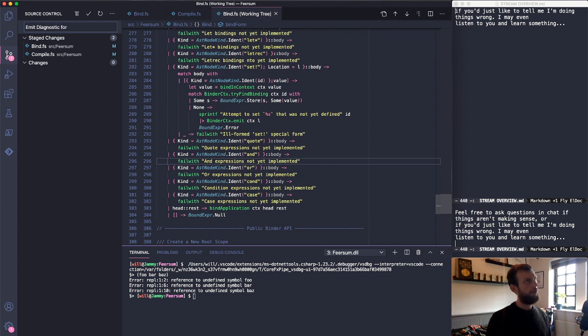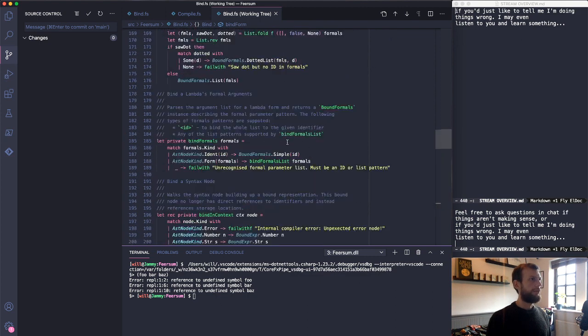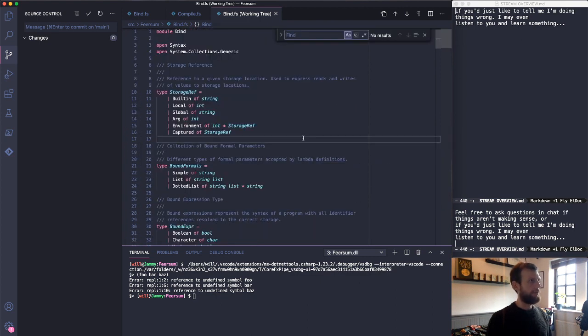For references to undefined symbols no longer throw. Instead, return. So let's have a look. What's the next